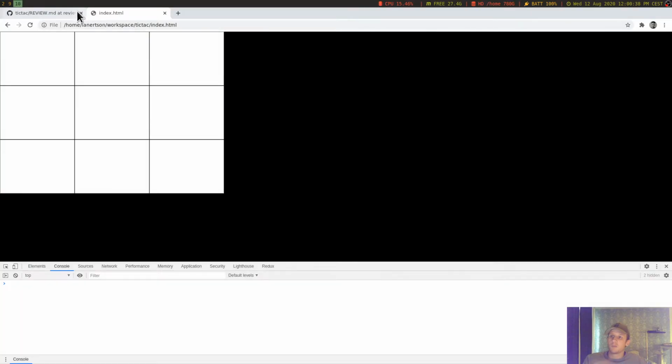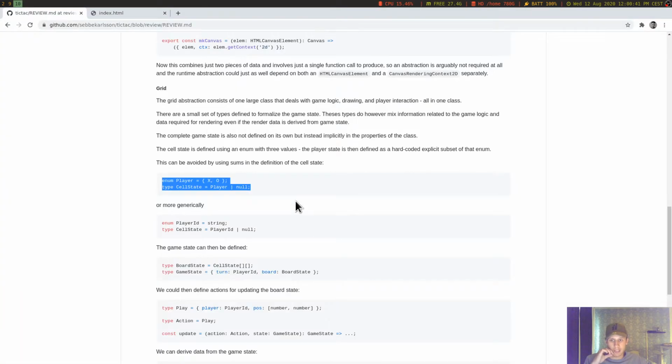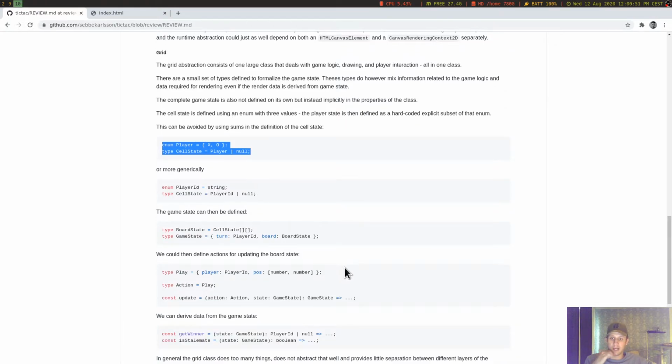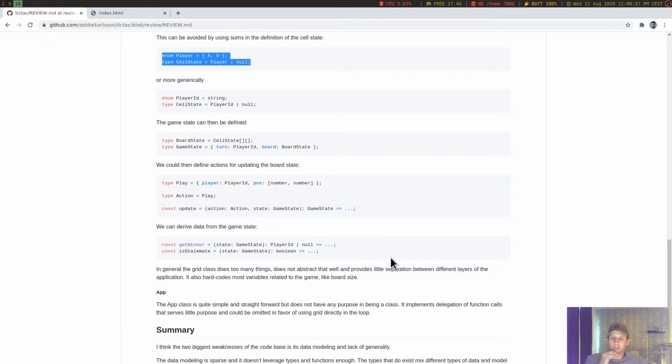Let's go through what more he has to say about this. The game state can then be defined with board state, cell state, and game state equal to turn, player ID, board state. And then define actions for updating the board state. Get winner. Type play. We could then define actions. The game state can be defined as